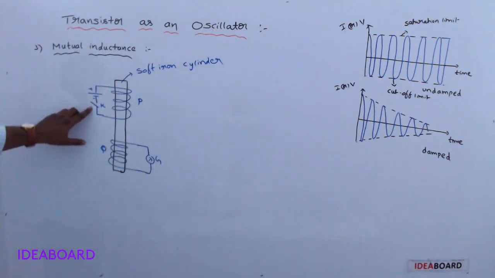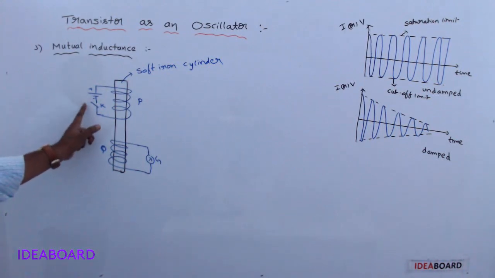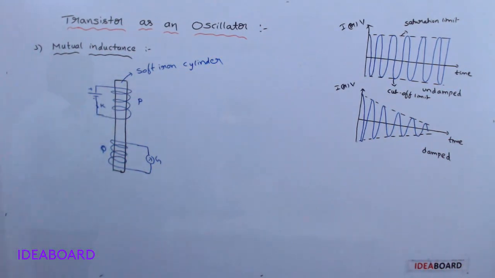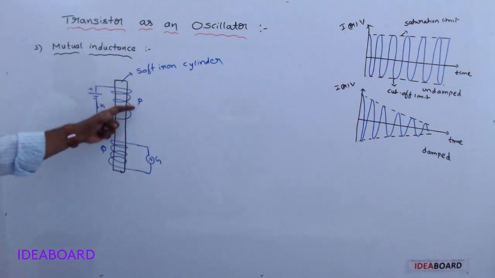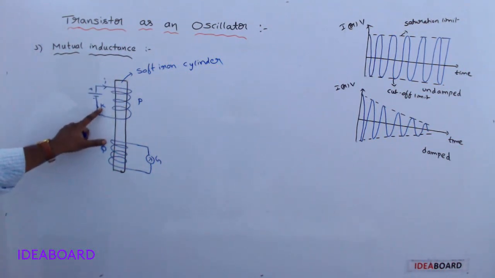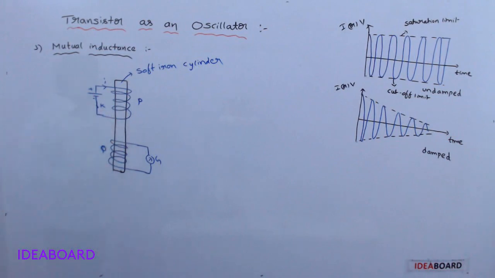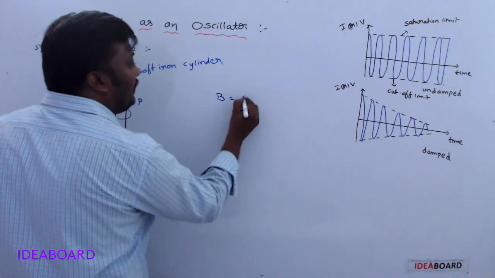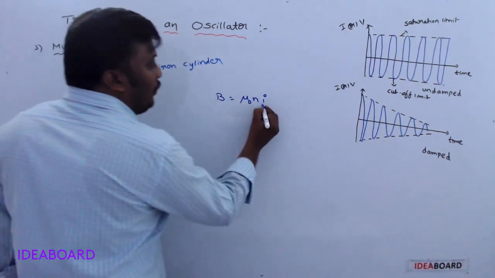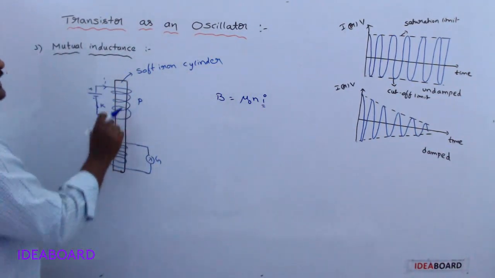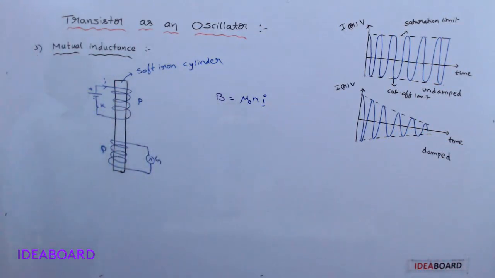Understand? Now this tap key is just closed. Whenever the key is closed, what happens? Current starts flowing through coil P. When K is closed, current passes through coil P. Then a magnetic field is developed in the coil. We have the formula B equals mu naught N i. So whenever current increases, the magnetic field also increases. So the current increases, meaning a magnetic field is developed in coil P.